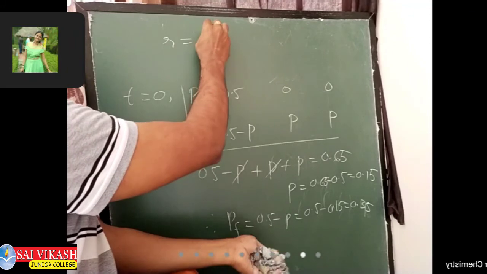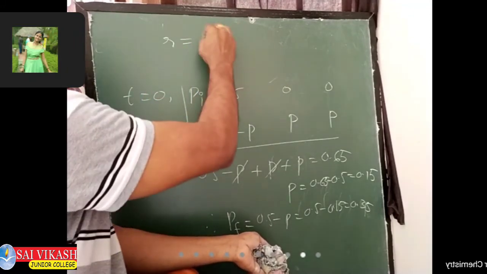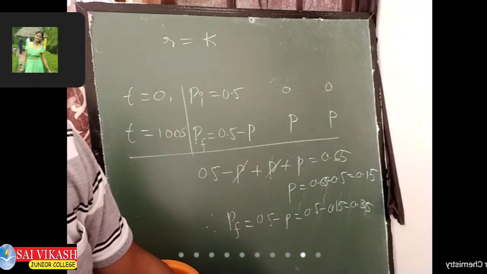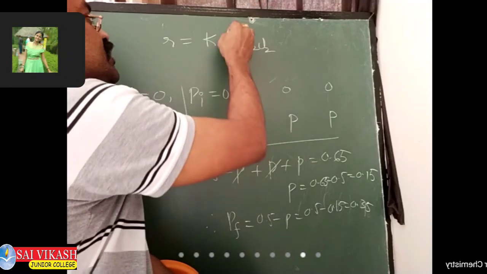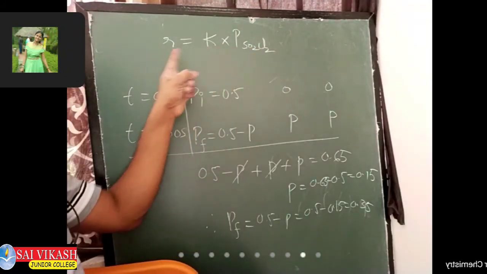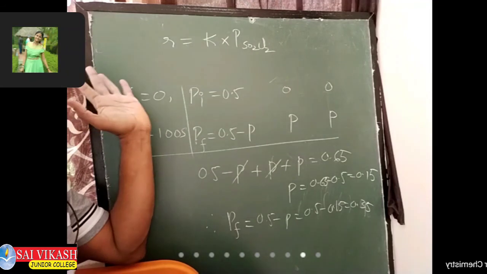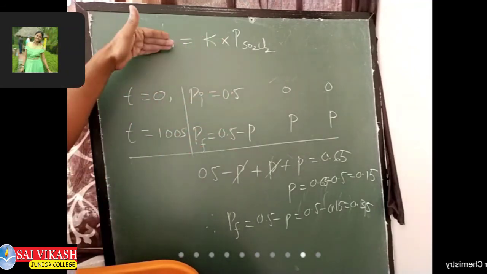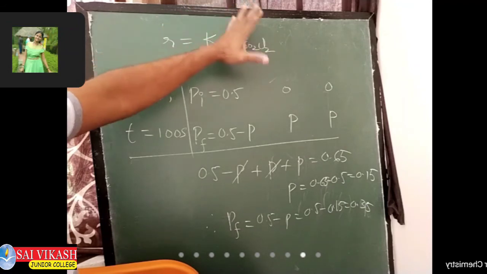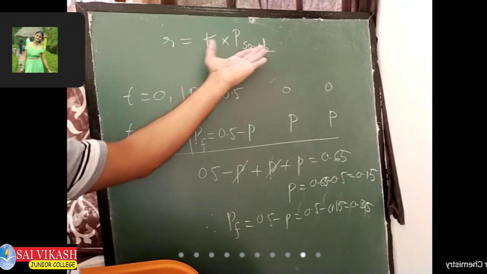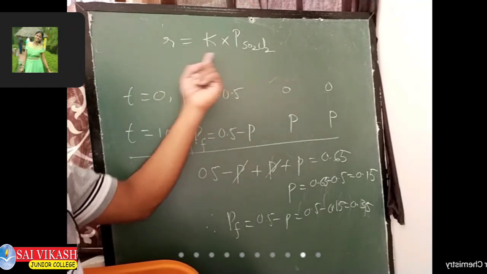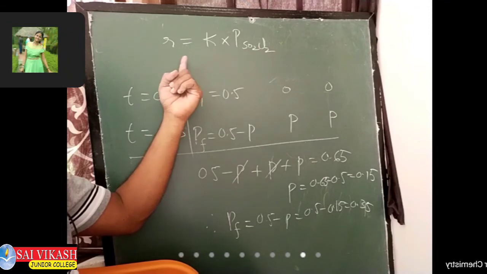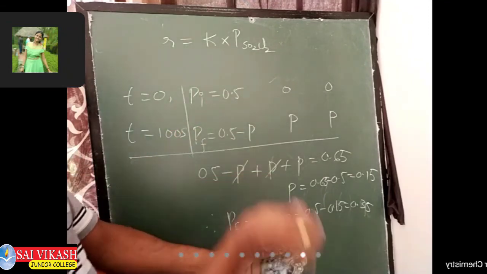See, we know the rate formula: rate equation is equal to K into, what is given first? SO2Cl2. So the partial pressure of SO2Cl2. This is the way of writing the rate equation in terms of partial pressures. Generally the rate is written as R equal to K into the concentration of reactant. But they gave pressure, that is why I substituted pressures in place of concentration. Do you understand?